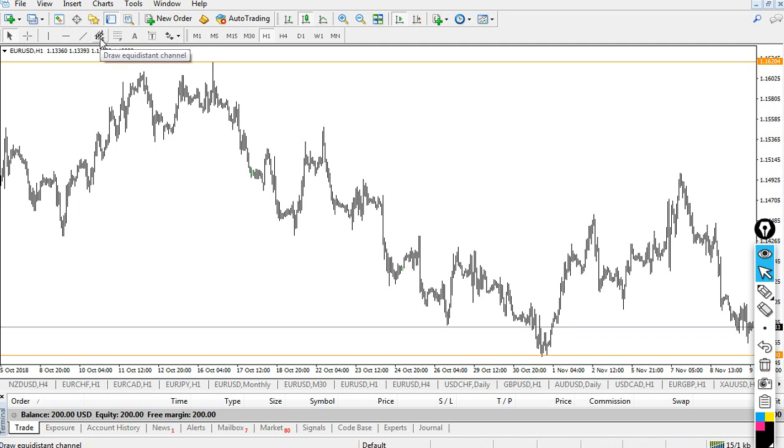Now in MT4 I have this channel system. When I draw it, how do I make a channel? First, simply trace the peaks like this. You see that I am making it exactly like this. Now double click on it and just drag it down to the lowest peaks, and make sure the main peaks are connecting on a trend channel.